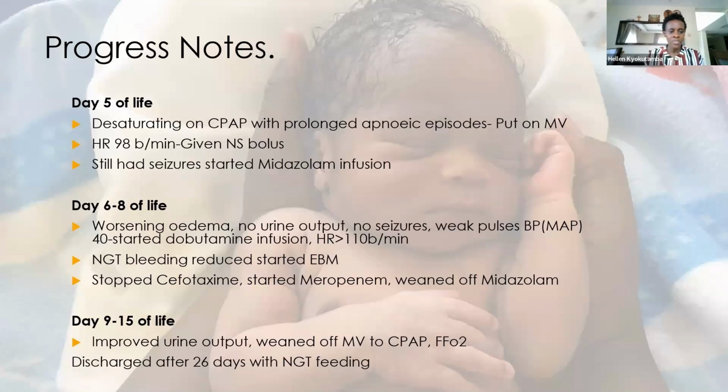Over the next few days, from day 9 to day 15 of life, this baby improved, had a better urine output, and we were able to continue increasing the feeds and completed the antibiotics. However, this baby also got ventilator-associated pneumonia, and we also started chest physiotherapy, because this baby was also flaccid, and